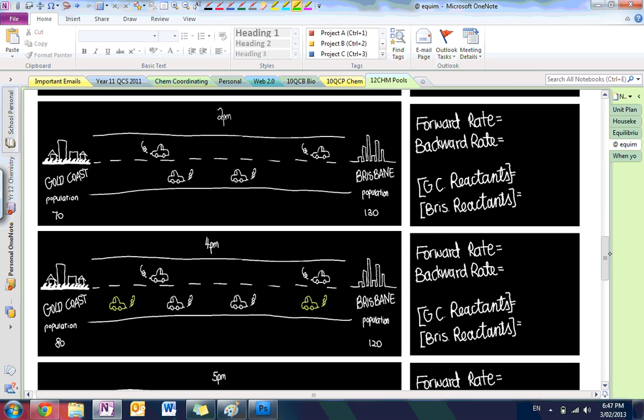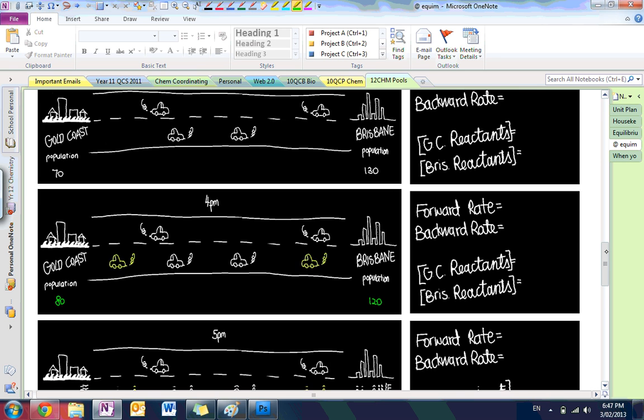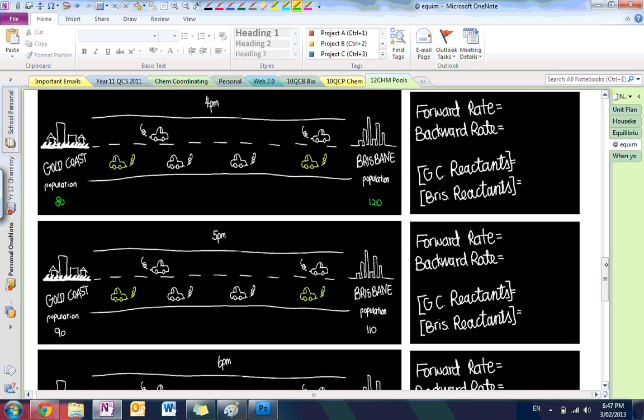4 p.m. is when the early people start to make their way back home. So you've got 70 going up to 80 and 130 going down to 120, as the rate of the southbound increases, but the rate of the northbound has not increased. Now this will stay with us until the end of the night traffic. So 5 p.m. you've got it even more, and the population